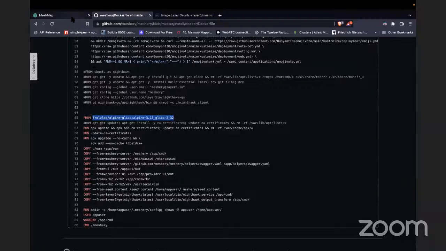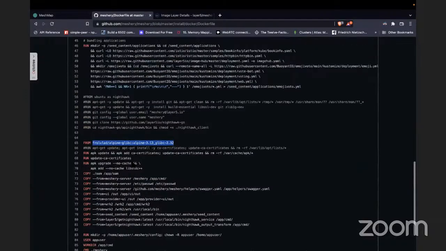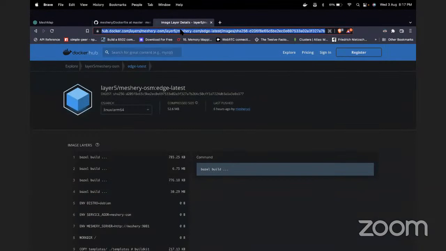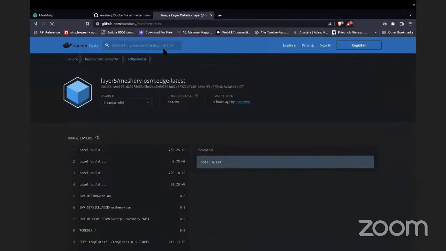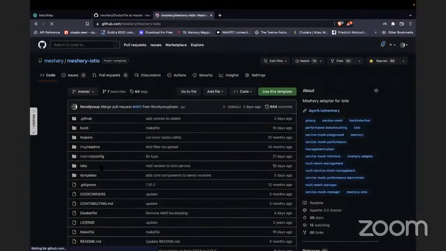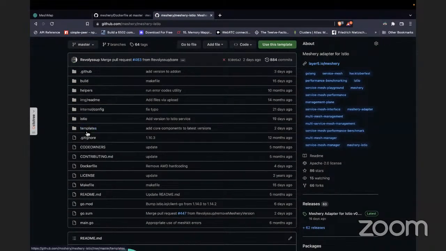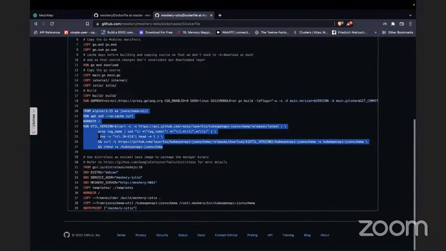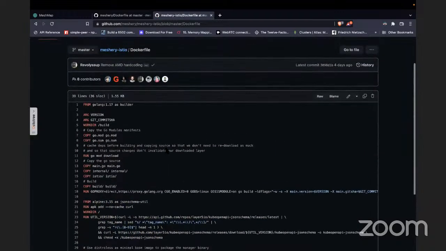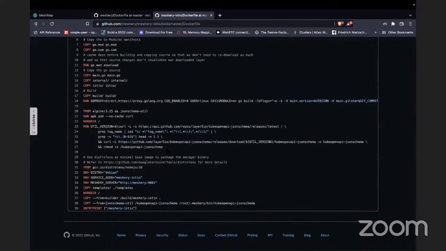Yeah, so these were the two updates I had. And second, one more thing would be that earlier we were using our own binary, the kubeopen API JSON schema binary. It was a Node.js based binary that we were using, and I think we are okay. So yeah, that binary is still there in some of the adapters. I think there are pull requests being opened in all of the adapters. I would be merging those.